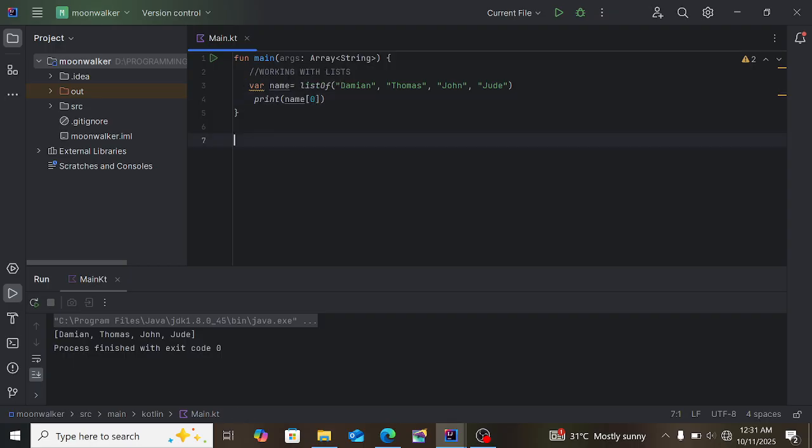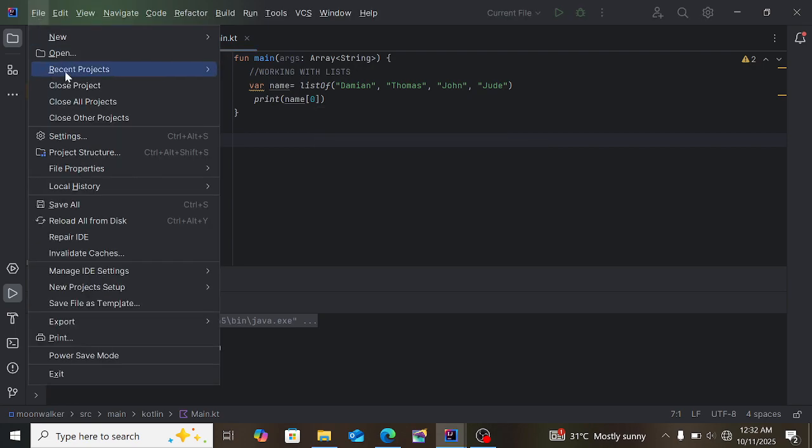So you can have name at location 0. It means that the system is going to output starting from 0, 1, 2, 3. So normally the last index is the total minus 1, and it starts at location 0. So the first item is at location or index 0. Thomas is at index 1, John is at index 2, and Jude is at index 3. So when we want to push out, we would say print name at location 0. Can we push out that? Click that and click save